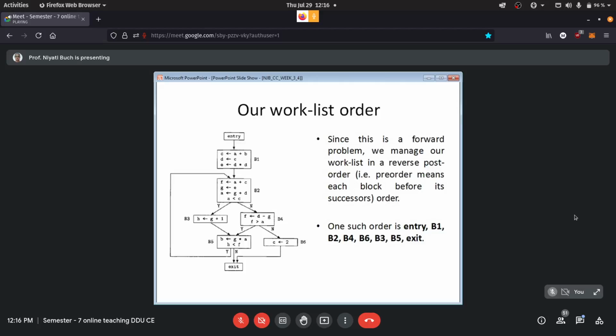Whenever you are taking any block into account, its predecessors should have been considered. So one possible order is that we take the sequence of blocks like entry, B1, B2, B4, B6, B3, and B5. So this is one such possible order of our working. Other orders are also possible and can be taken, but this is the one I am going to use in the example.